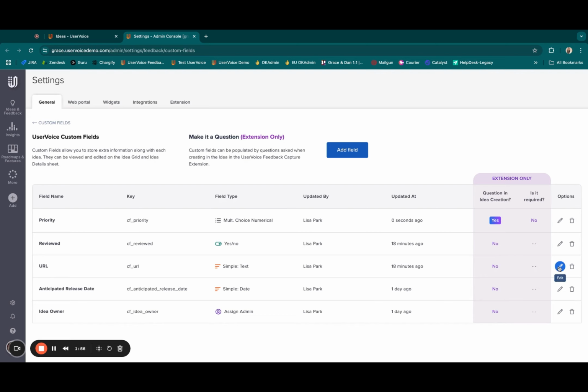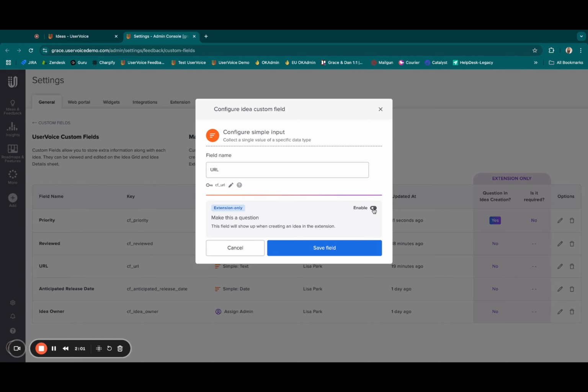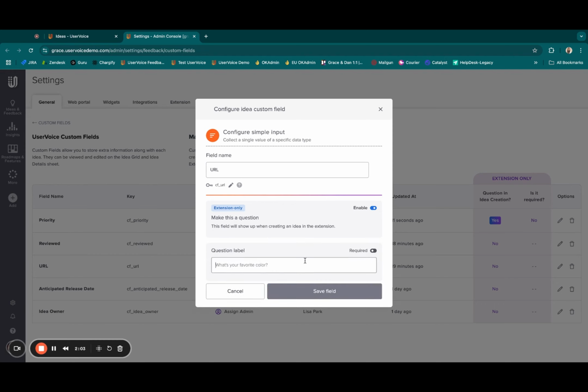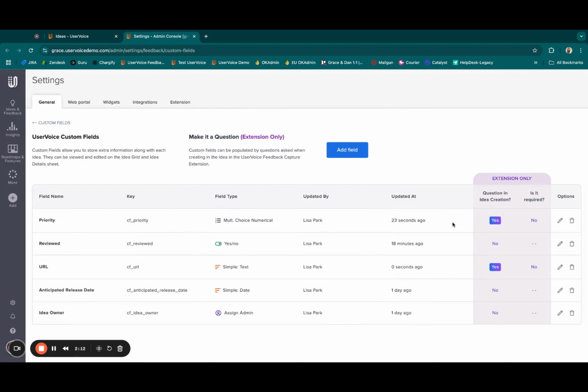So you can also go in and edit your existing fields to make them into custom questions by enabling that make this a question and adding the question that you want to be asked. So from here, we've added a couple custom questions and now these will appear on our extension when creating a